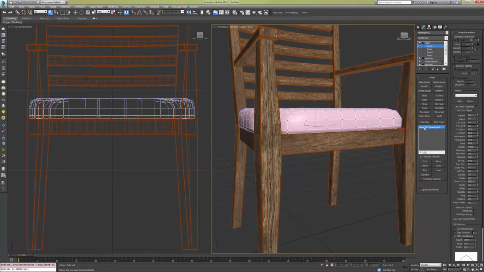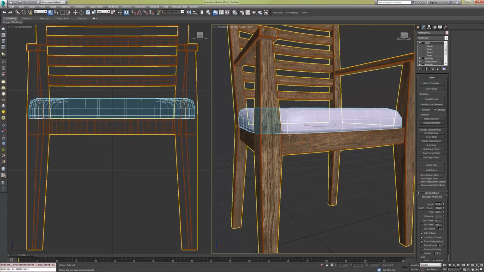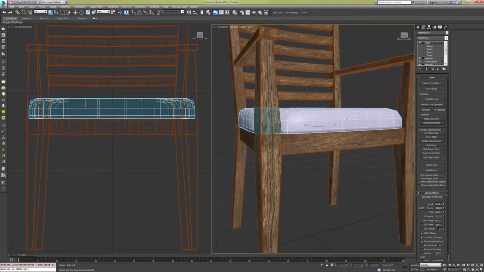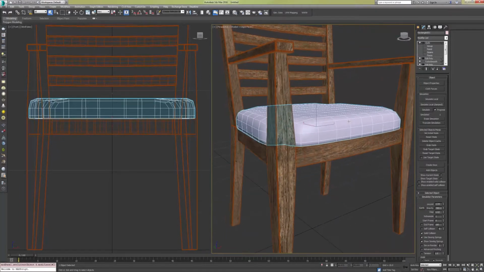Now with that group, you can do all kinds of things depending on what you're doing with the Cloth modifier, but what we want to do is preserve them. That means that whatever we do within this cloth simulation, those vertices are not going to move. In other words, the bottom of our seat is going to stay flat. So the next step is we want to